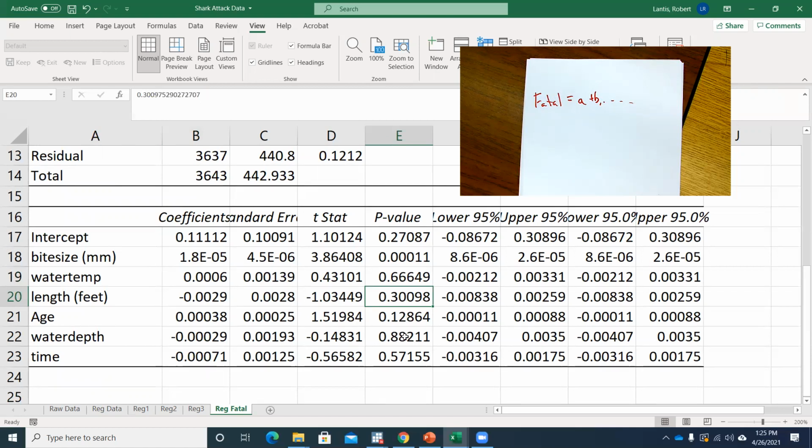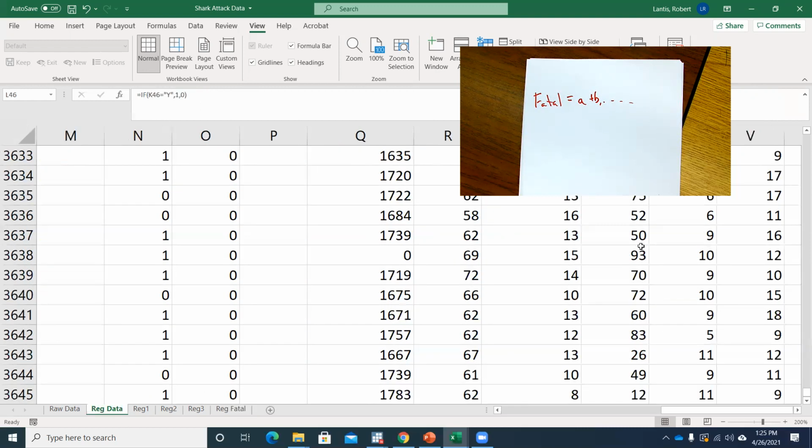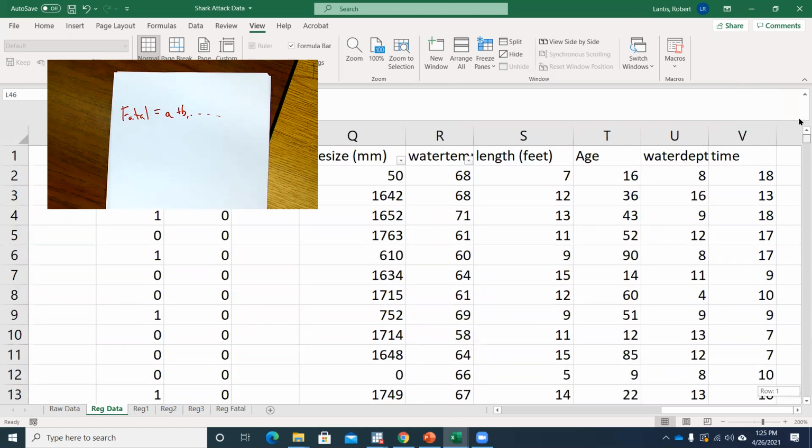Age isn't significant, water depth, none of these are significantly related to whether or not it was fatal, other than the byte size, which kind of makes sense. I mean, that seems like the most important factor, at least. Now, I'm a little surprised about the age variable here. That's not significant, but I'll go over this in just a second. So I'll do one more interpretation for you. If we go to the length, or the byte size variable,